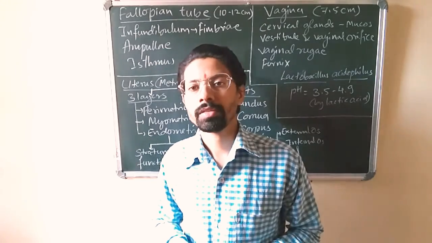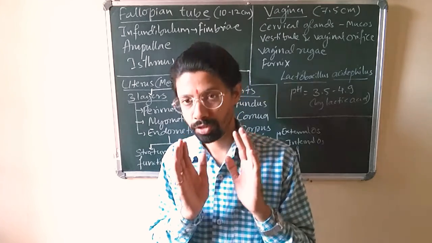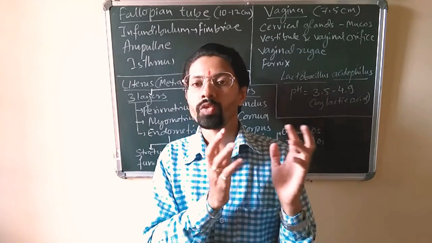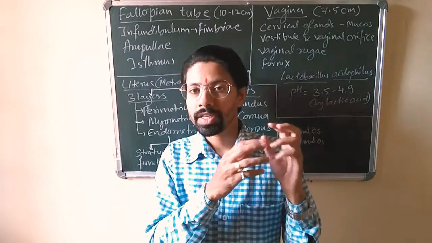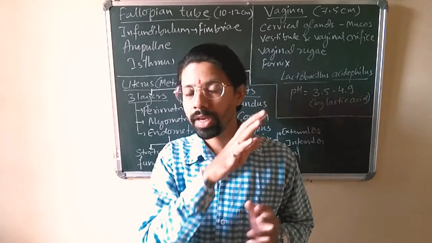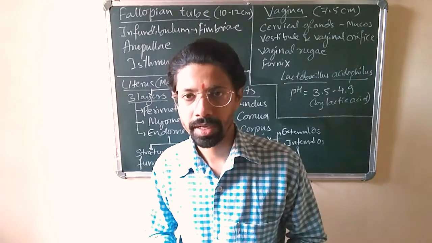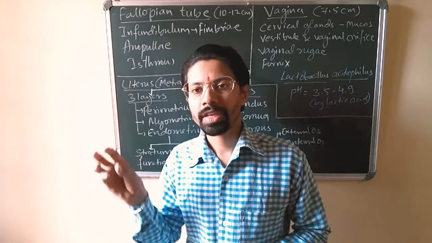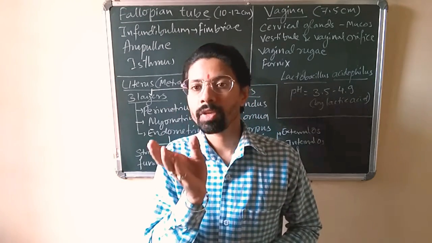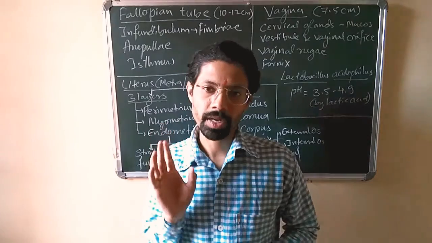The third part is the isthmus. The isthmus is the site where the cleavage of the zygote starts. If fertilization is completed, only then will there be cleavage, and after the cleavage has started, the rolling of that primitive embryo will take place towards the uterine part. From the uterine part, it reaches the uterus where it gets implanted. Clear? So the fallopian tube conveys the ovum to the site of fertilization. Then after fertilization, it rolls the zygote, undergoing cleavage, into the uterus for implantation.